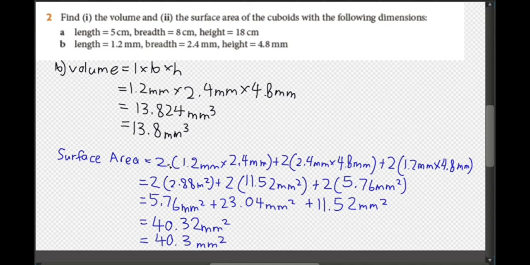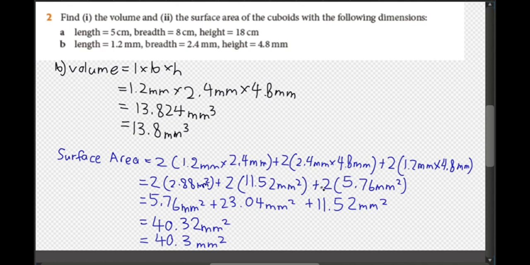For its surface area, we will take 2 of 1.2 mm times 2.4 mm plus 2 of 2.4 mm times 4.8 mm plus 2 of 1.2 mm times 4.8 mm. And as you can see here, all of the measurements that we multiply together are different from each other. So here we will get 2 of 2.88 mm square plus 2 of 11.52 mm square plus 2 of